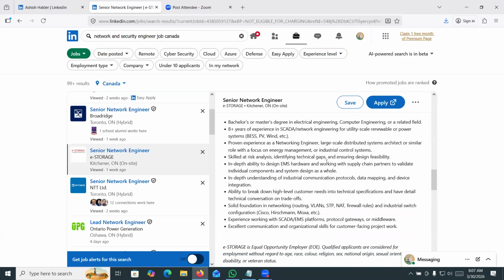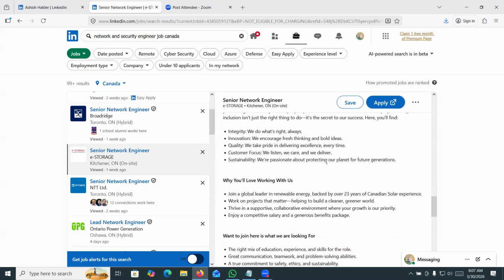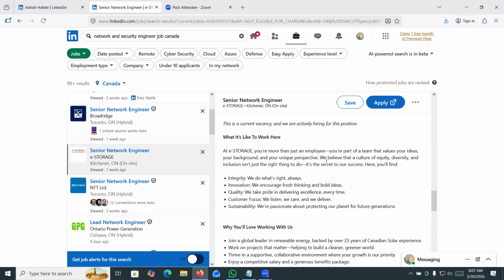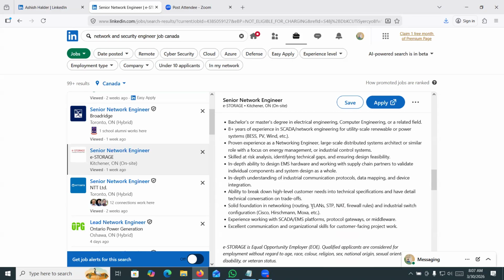They have not mentioned any certification here, but these are the main technologies: VLAN, STP, NAT, firewall rules, and Cisco and another vendor.